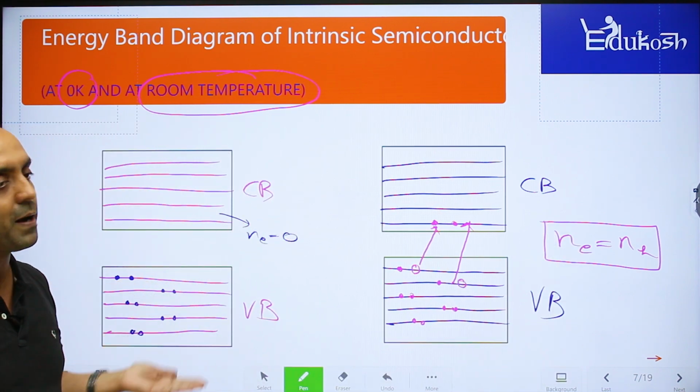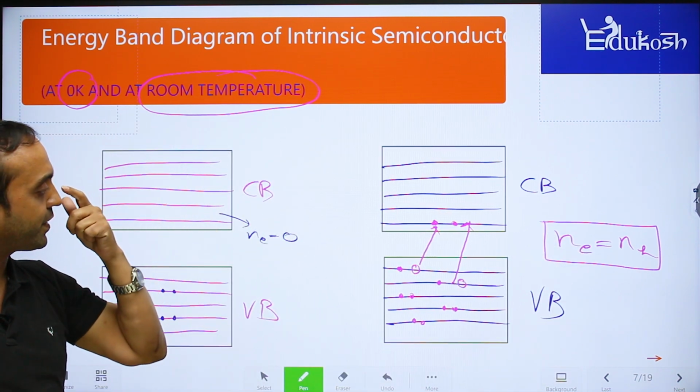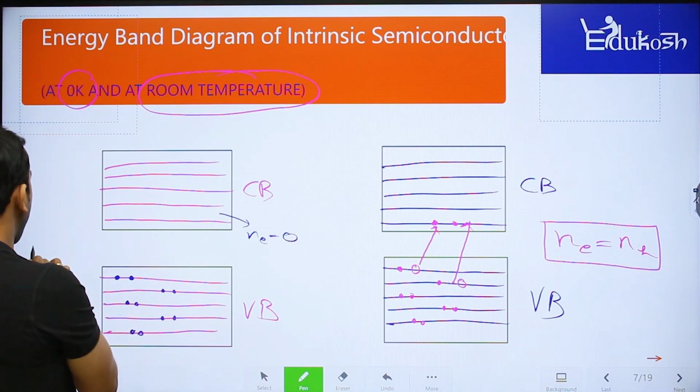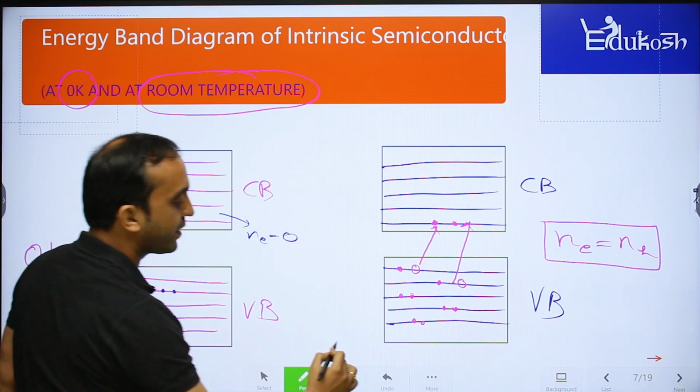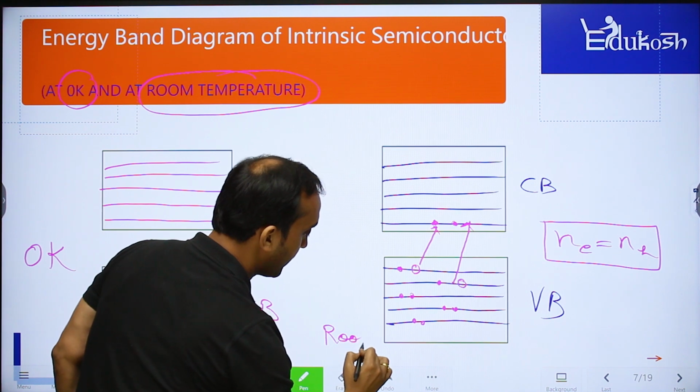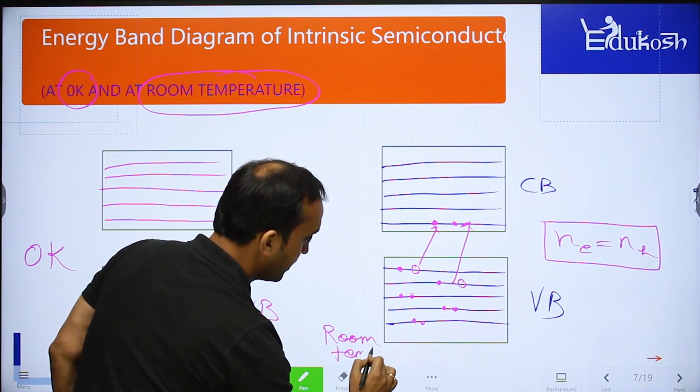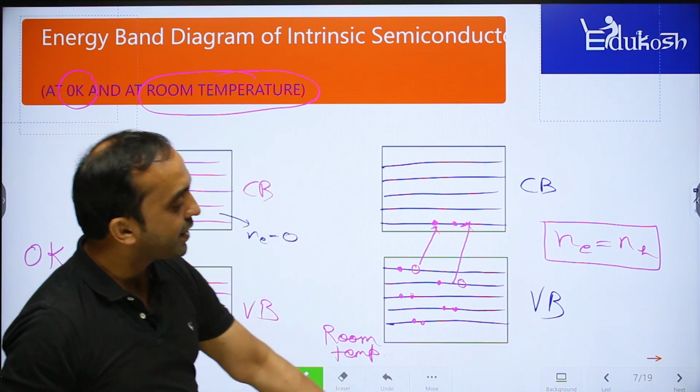The same thing we have shown in the valence band model, we can show in terms of the energy band diagram also for the intrinsic semiconductor. This was for the 0 Kelvin temperature and this is for room temperature. इससे आगे बात करते हैं हम